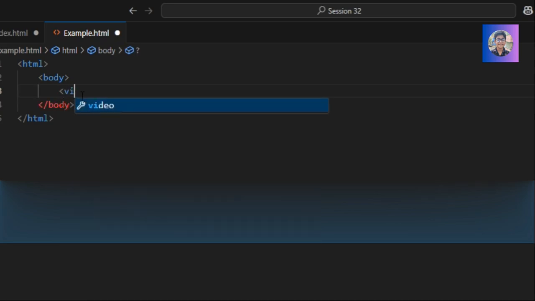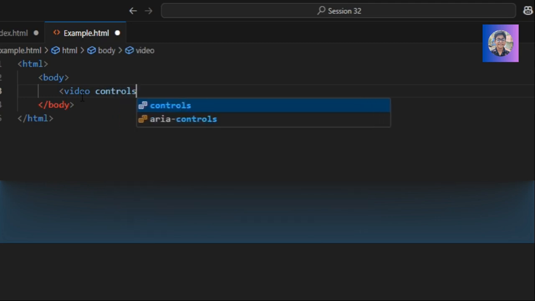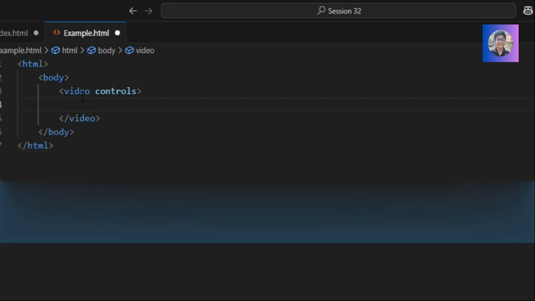Now we are going to write the video tag, so here write video, then give space and write controls, and then give a close bracket, then give enter. Here it again automatically suggests the close tag of video, so don't delete it, give enter, then give an open bracket and write source, then give space. Then write src, give equal and write quotes, and in between that write